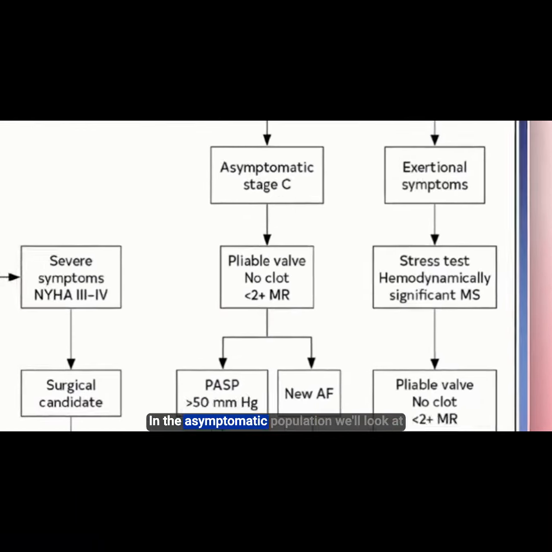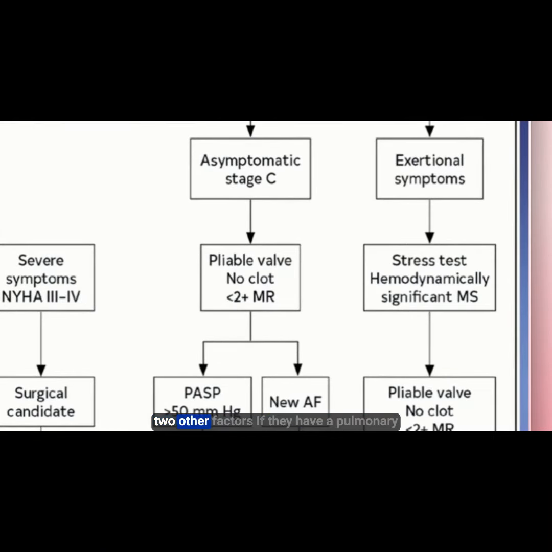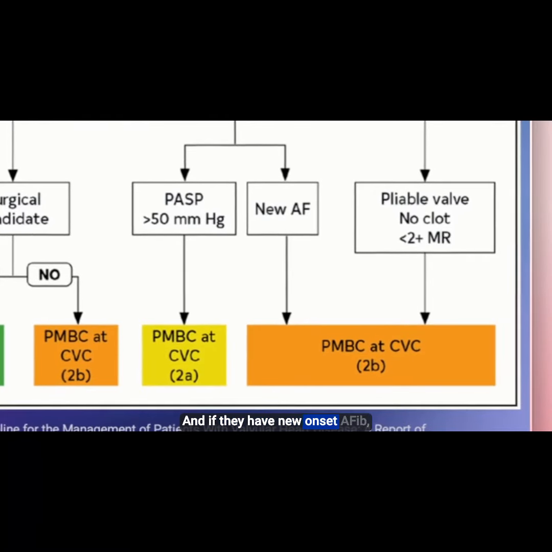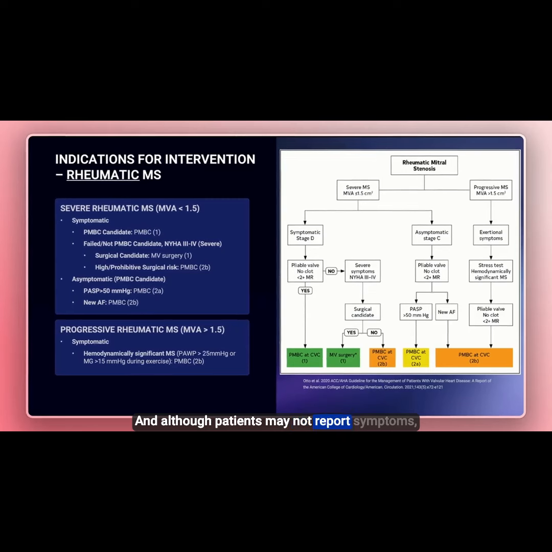In the asymptomatic population, we'll look at 2 other factors. If they have a pulmonary artery systolic pressure greater than 50, that's a class 2A recommendation for balloon valvuloplasty. And if they have new onset AFib, that's a class 2B recommendation. And although patients may not report symptoms, these can be complications from mitral stenosis, which are why they are indications